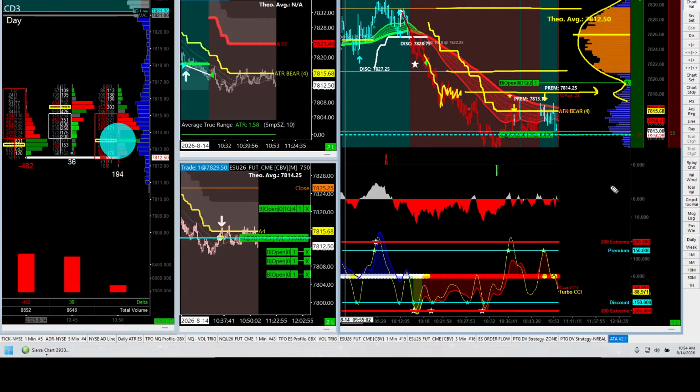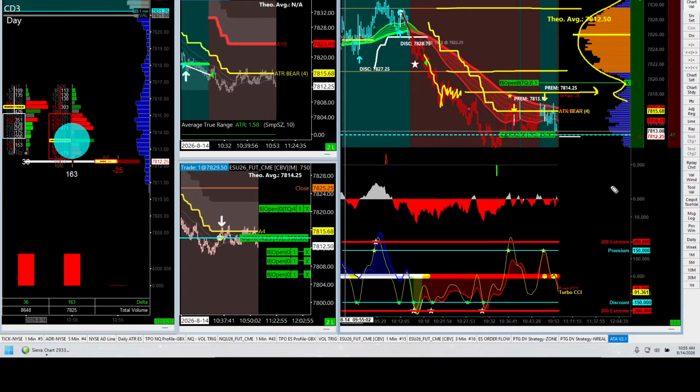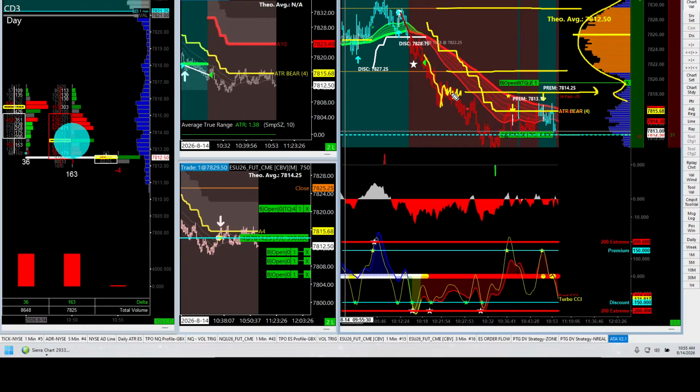Take a look at your screenshot that I just sent you. Does it look like that? The high volume node? Yes, it does. It is also spending some time there. Not a lot of time, but it's spending some time there. But the key there is the high volume node. And it's not rallying back higher.